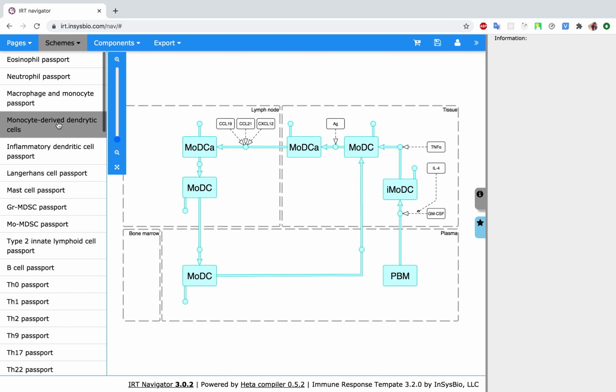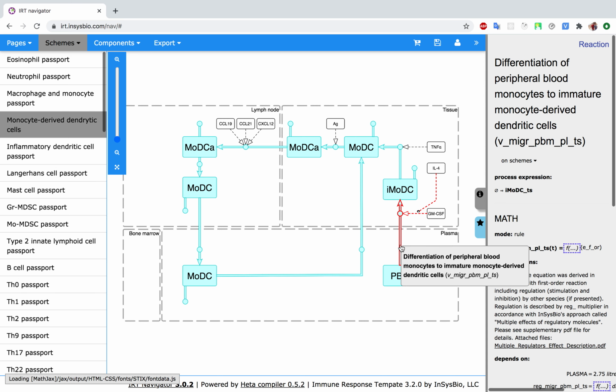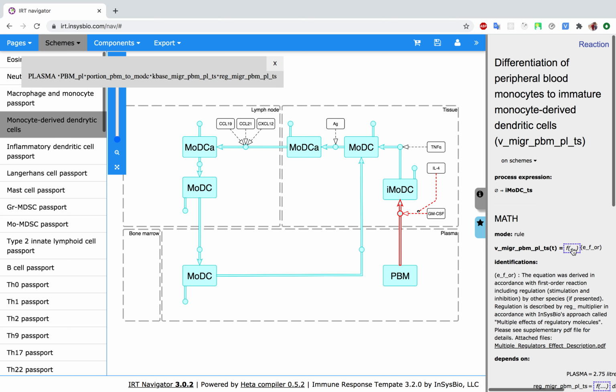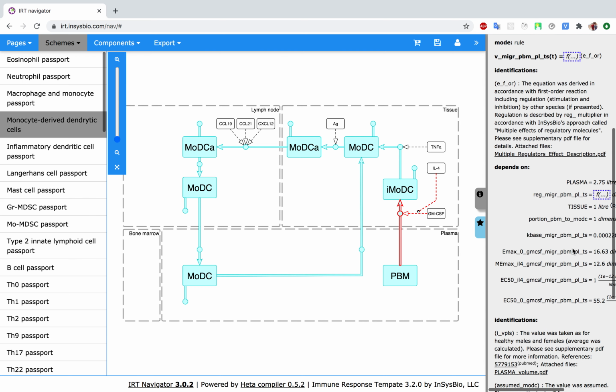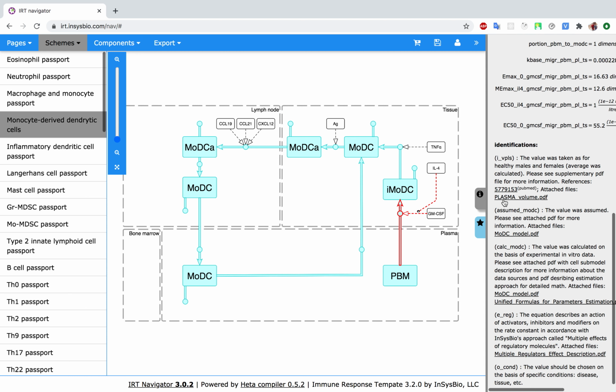Each element of the scheme is clickable. One left click on the element opens annotation on the right panel, in this section, this eye pictogram. Formulas will be shown in a separate window if you move the mouse to the blue dots outlined area. Annotation, comment, and additional files for the equations and parameters may be found by tags on the bottom of the